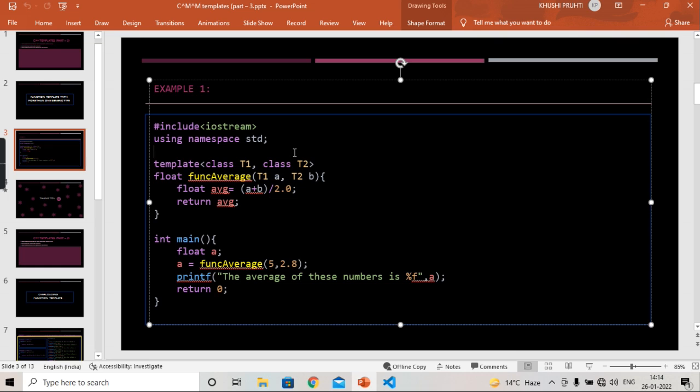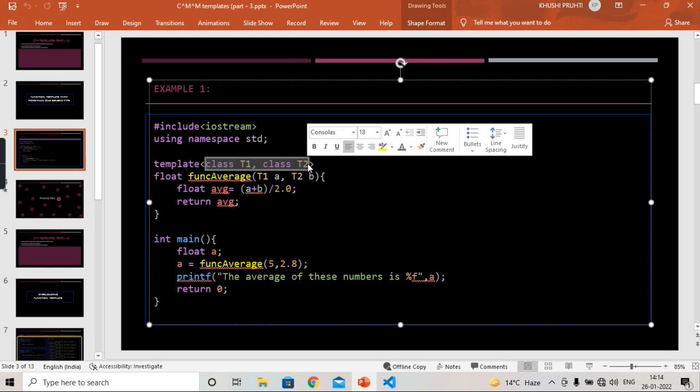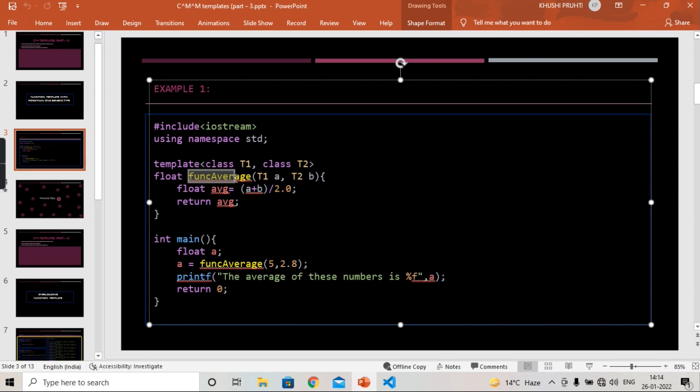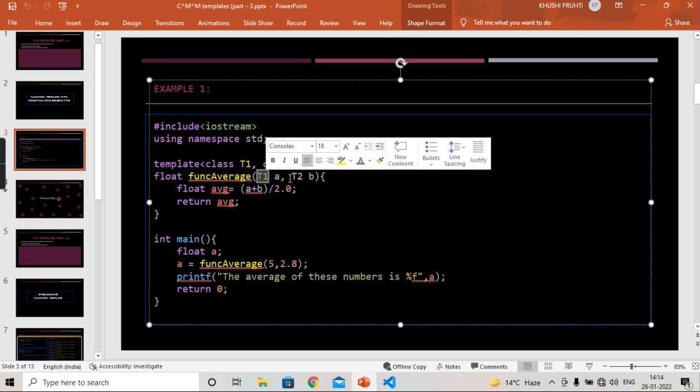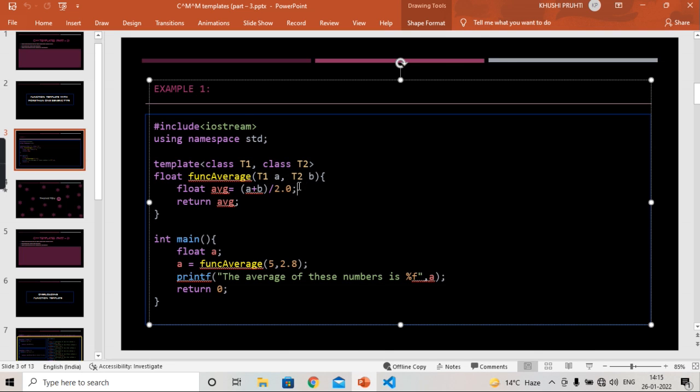Since the function template needs to manipulate two variables of any data type, the function template header specifies two generic data types t1 and t2. This is the function header. Now the name of the function template is func_average, and it takes two parameters, one of type t1 and another of type t2,